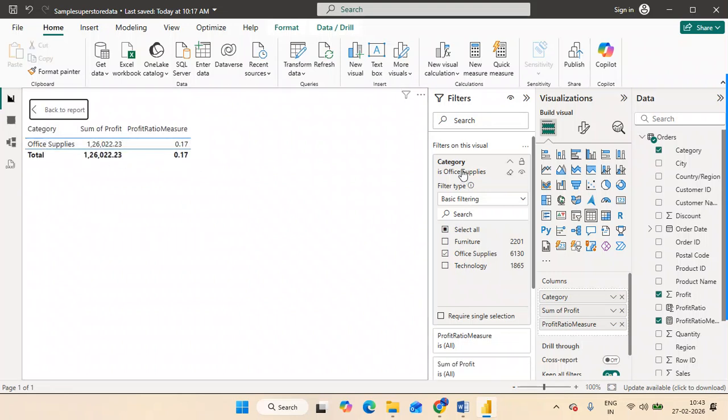So what is it doing? It's slicing the data. On the category field we have mainly three values, and we are selecting the required one. So it is taking a subset of data, or slicing out the data, and showing only the required information. That is how filtering works. In other words, filters are used to filter out data by hiding unwanted data. When I want only this one and don't want the other two, it hides the unwanted things and shows the required information.